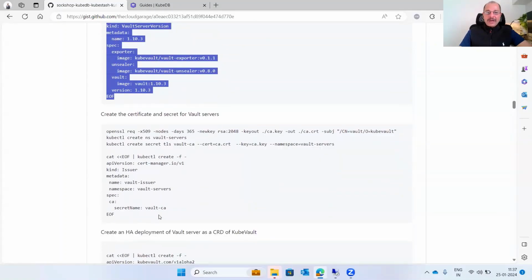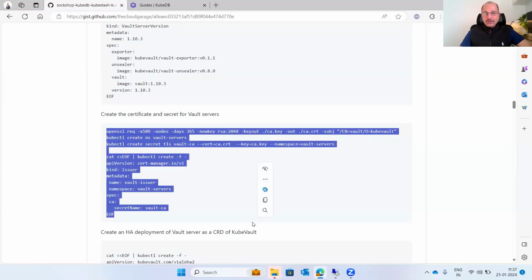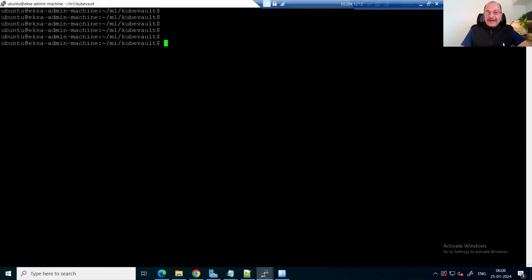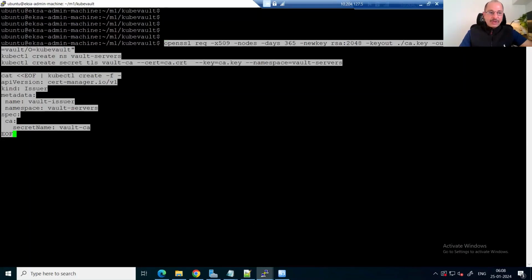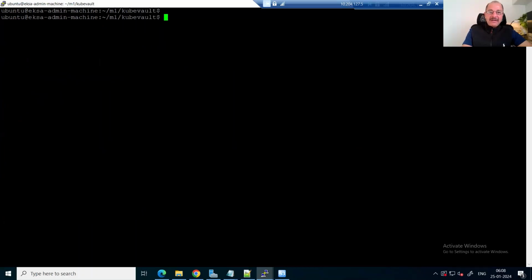Next, we will create the certificate and secret for the Vault servers, okay? And this is basically what a particular instance of a Vault server will use as a secret. So we will go ahead and create the CA certificate and then an issuer for that certificate, because these will be all self-signed certificates. So let's create this issuer. And this is all declarative, right? I'm just creating the issuer here. Now that the issuer has been created,